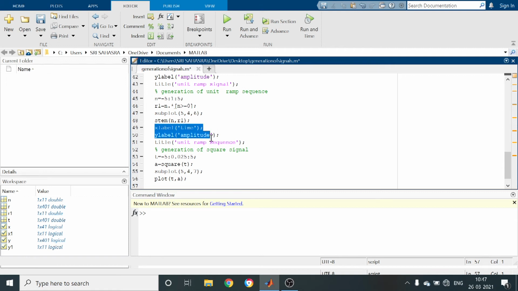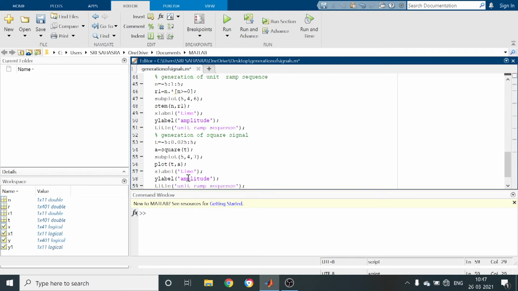Title, just copy this one. X label time, Y label amplitude, whereas the title is square signal, that is continuous time signal.